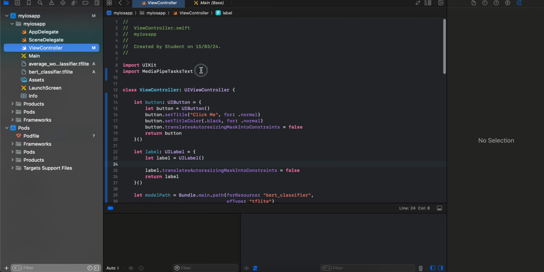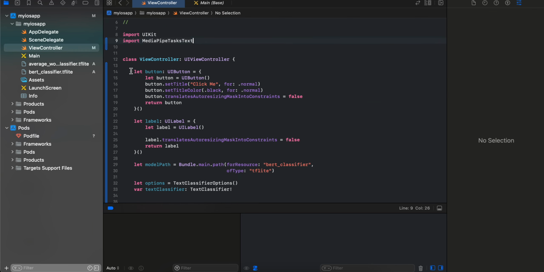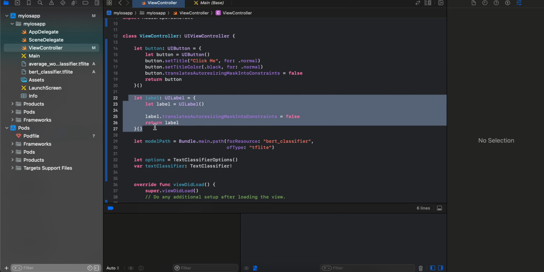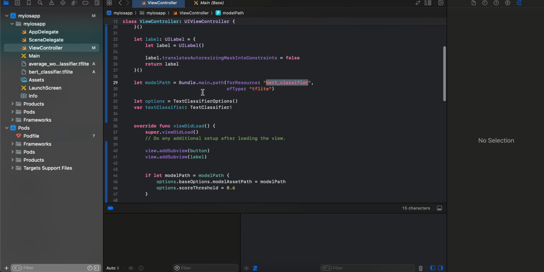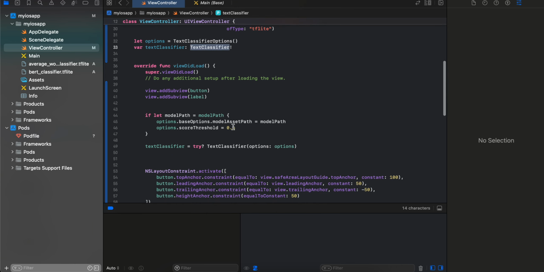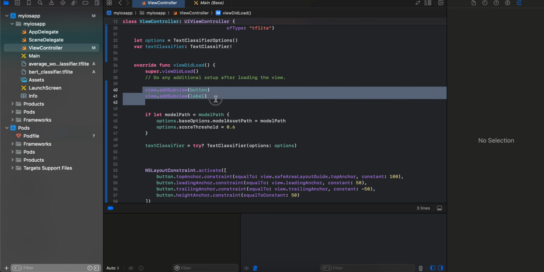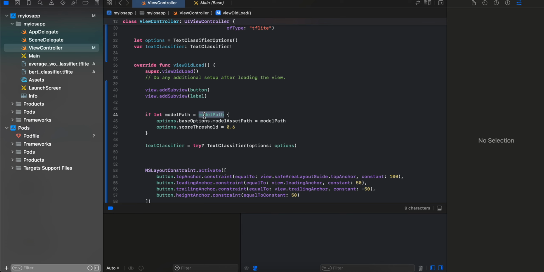here I have imported MediaPipe task text. I have created one button as well as one label. Then I have created a model path and I have passed our TF Lite model. Then I have created text classifier options, and here I have created the text classifier. Then I have added view.addSubview for the button as well as the label. Then I have set our model path